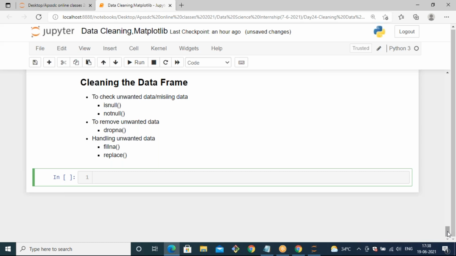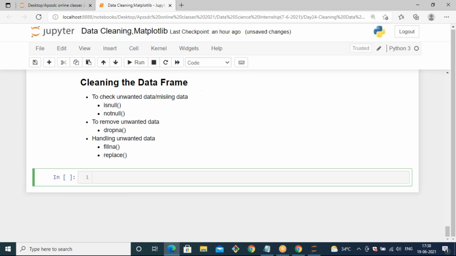Okay. So why do we need to do cleaning? Cleaning must take place, right? When you have a huge data set, out of the huge data, you might get some unwanted data. That means it is not in a proper format, it does not follow the order, and it is not a correct format. In that case, you should know how to remove it, and if you want to use it, you should know how to fill it. That unwanted data should be converted into wanted data by filling it.